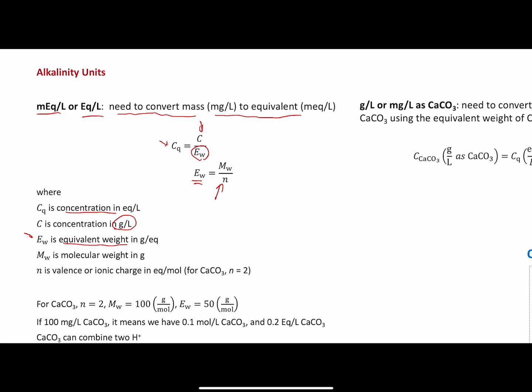N here is the valence or ionic charge in equivalent per mole. For example, we have calcium carbonate, because the calcium has two charges. Similarly, we have magnesium, N also equals 2. But for iron 3 plus, N equals 3 here. But calcium carbonate is the most important one. So we need to remember for calcium carbonate, N equals